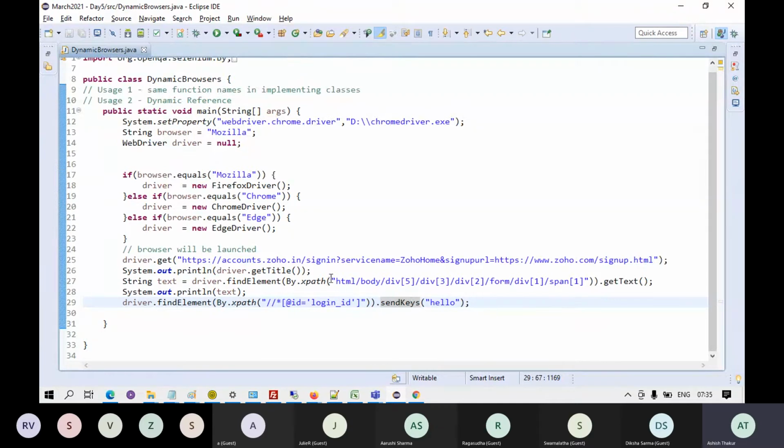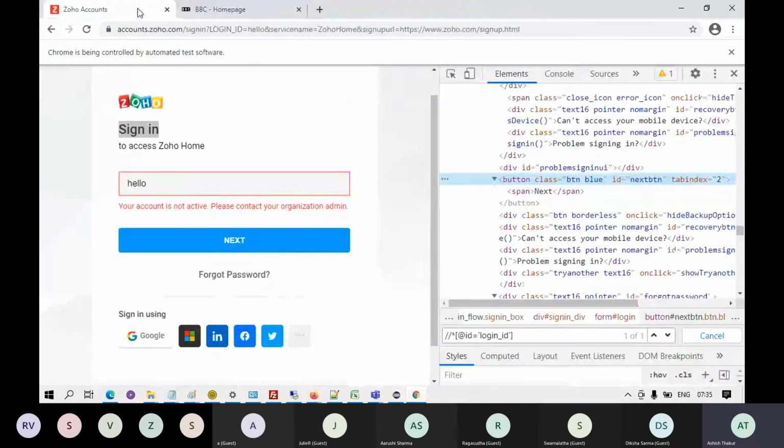For example, over here, by chance, if I write div[6] instead of 5, I give the wrong division number. I'm finding the element with an XPath. So if you copy this XPath and use it on Zoho, 0 out of 0 elements. It's not going to find any element.